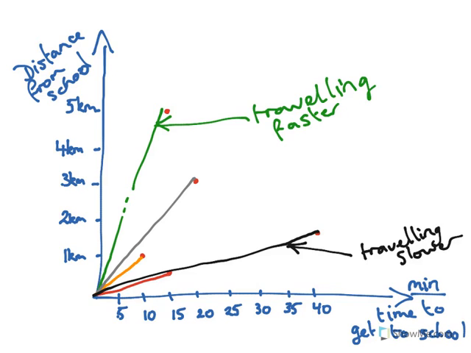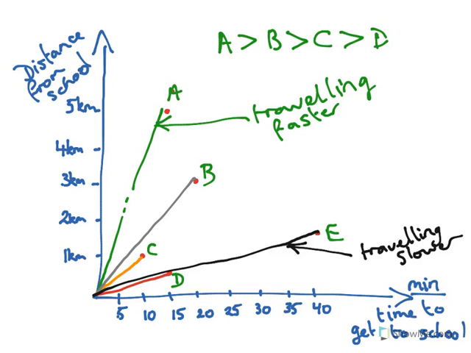And you can actually put them in order. If we were to say that this was person A, B, C, D, and E. We can say that person A was travelling faster than person B, who was travelling faster than person C, who was travelling faster than person D, who was travelling faster than person E. And if we wanted to work out the actual speed, we would, again, just take, if we looked here at